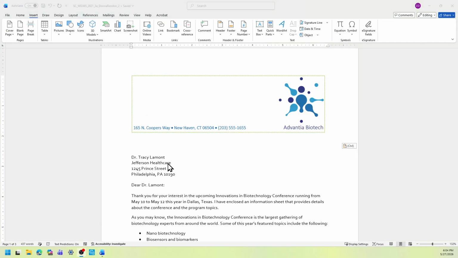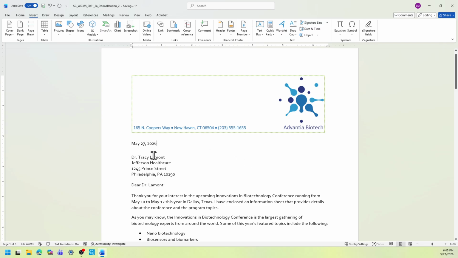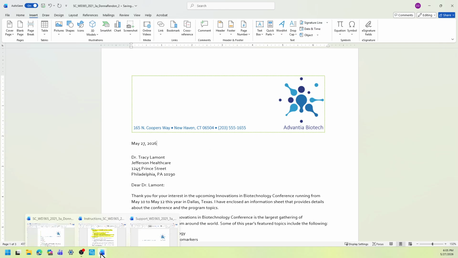Okay, so I'm here in our start file and then just go to the next blank paragraph, and this time you're going to select your insert menu or insert tab and then look for the date and time in your ribbons, and this is under the text group in the insert ribbon. So click the date and time, and then we're going to select the month, date, and year formats. You select OK, and then it should place today's date. Back to the